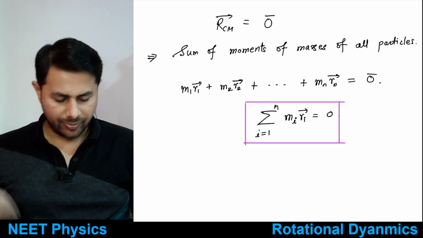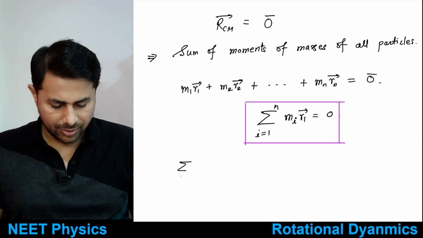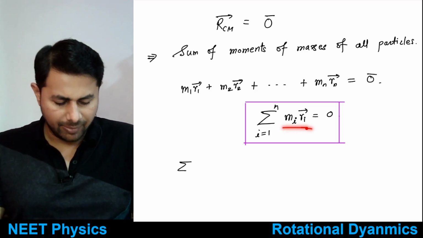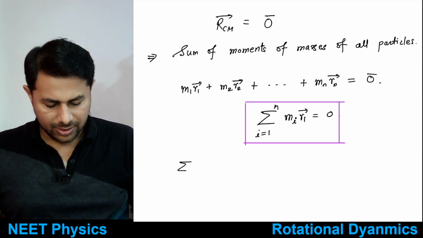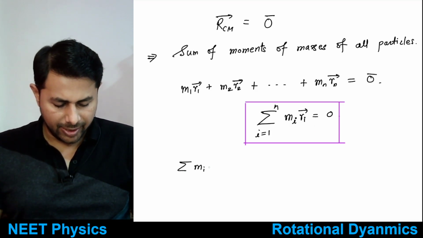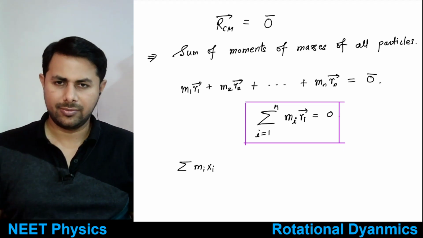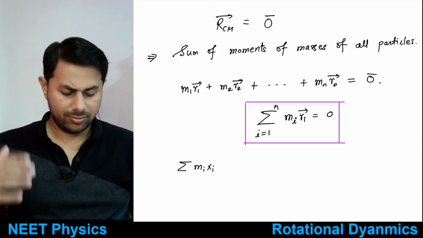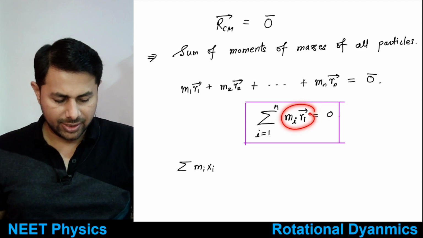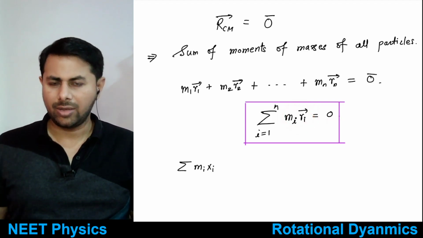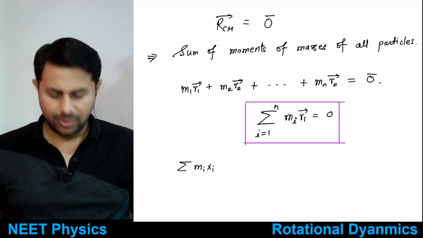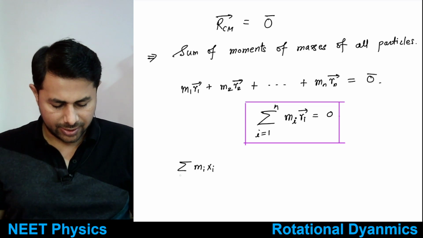So summation of mi ri bar is equal to 0 means summation of mi xi, the x moments, are 0, right? So all components of moments are 0. So moments about the x axis are 0,